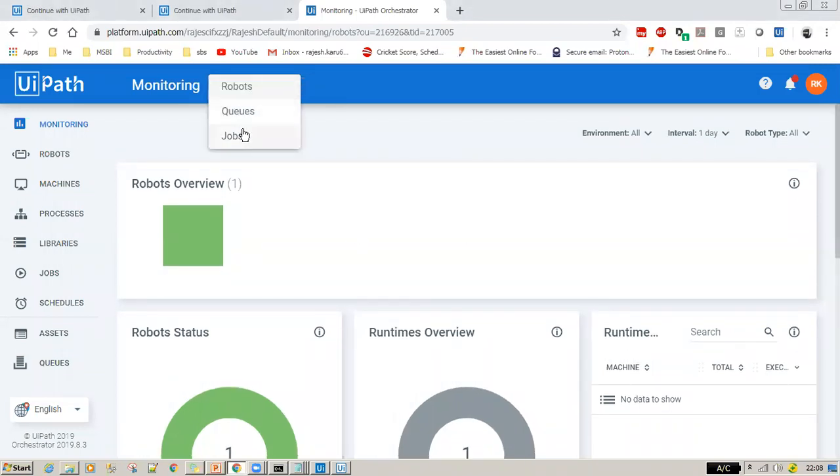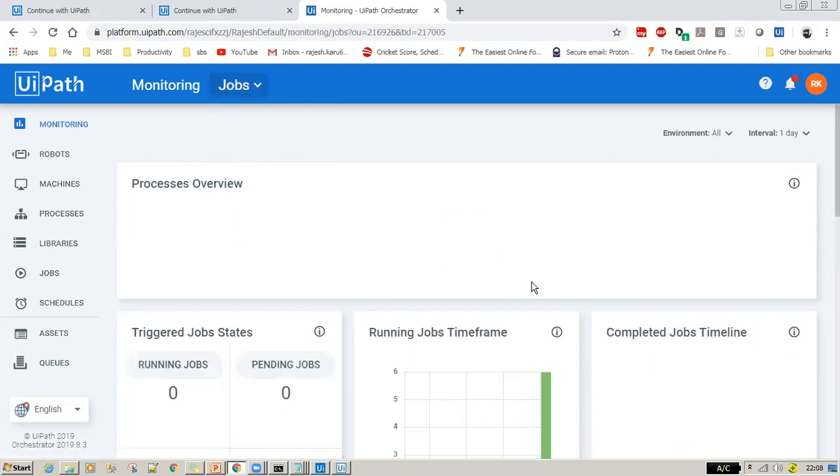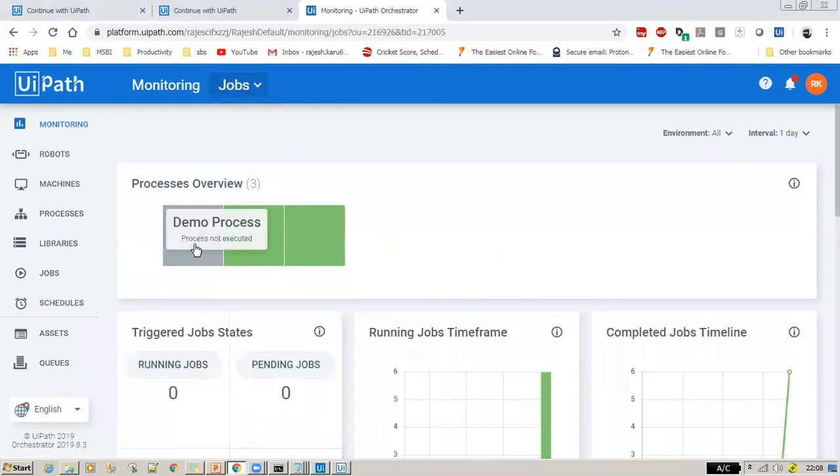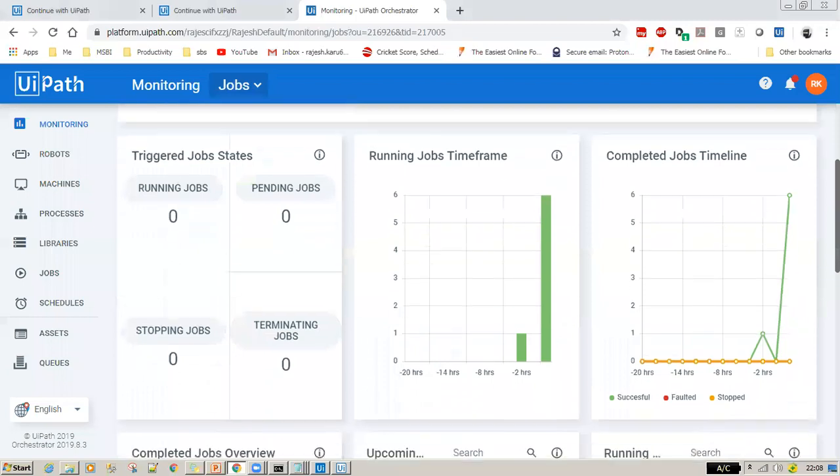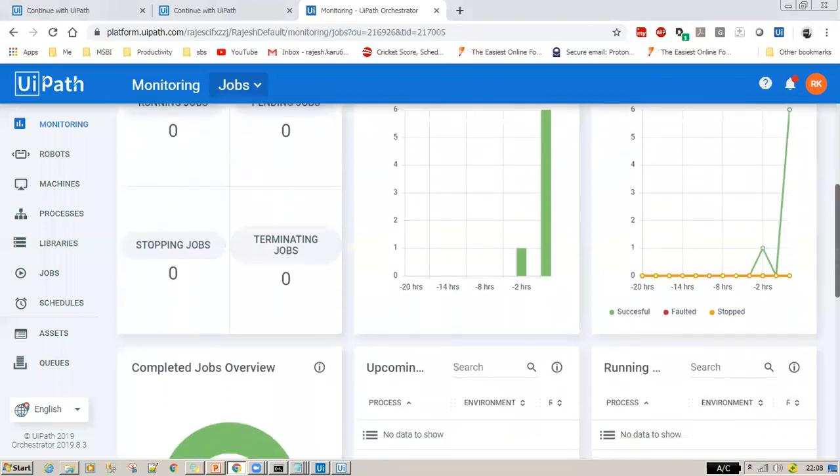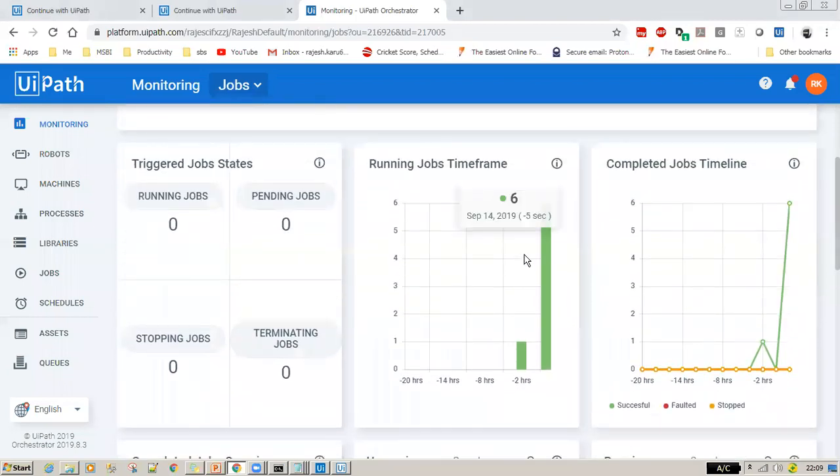And see, once you click the jobs, green means your particular process got successfully executed. It will give you a glance of all your jobs, how many jobs got triggered, which jobs are running, and which jobs got terminated in a particular time frame. It shows graphs of how many were successful in this time frame.